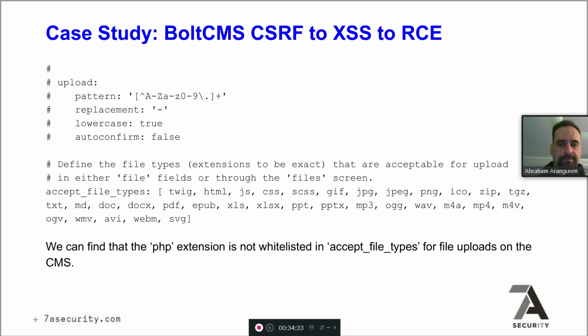So if we add here the PHP extension using a cross-site request forgery, then we will be able to upload a backdoor, and then we get remote code execution on the server, right? So we can find that the PHP extension is not whitelisted in accept file types for file uploads on the CMS, but this would be a target, if we see how the request looks like to update this configuration file, and we add the PHP option to the accept file types, then we will be able to get remote code